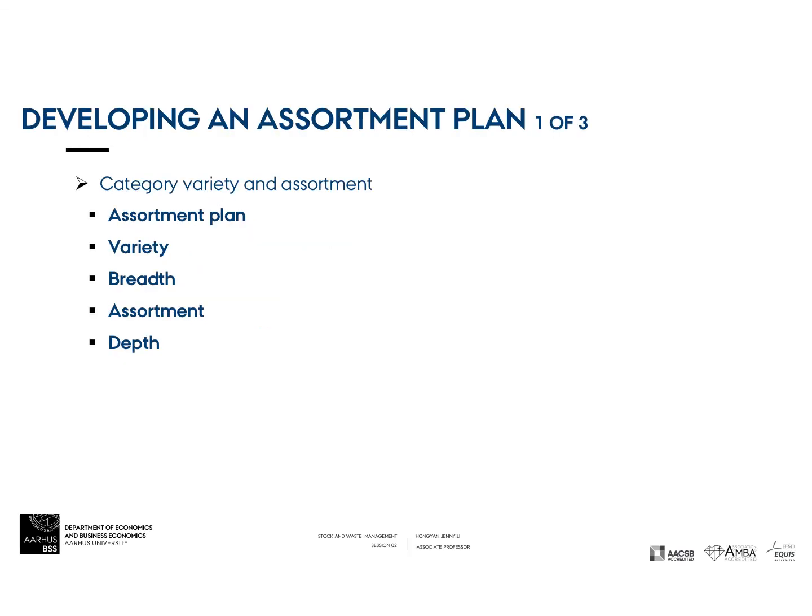So developing an assortment plan is to choose a set of SKUs that a retailer will offer in a merchandise category in each of its stores and on its website. So here, the decision is rather complicated. It's like, how do you choose the SKUs, and then how wide and how deep, and so on. So there is a typo here, I believe. So I just crossed out this word. So right.